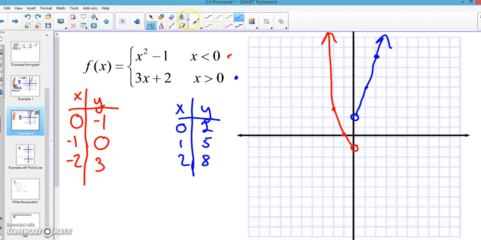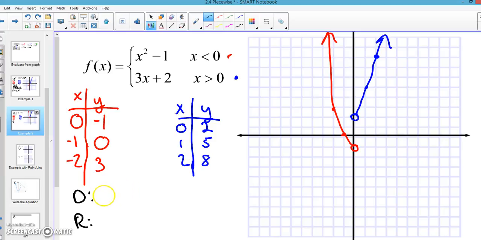Okay, for domain and range. Now that we have the graph, for domain, I see that I have arrows pointing. The red function, the first function, is going on and on forever in the negative infinity direction. The blue function is going on and on forever in the positive infinity direction. The only x that is not included is right here at 0, because 0 is not included in either one of these functions. So you can either put x cannot equal 0, implying that it could be anything else, or